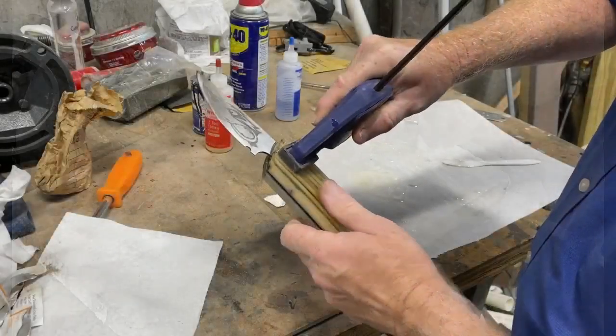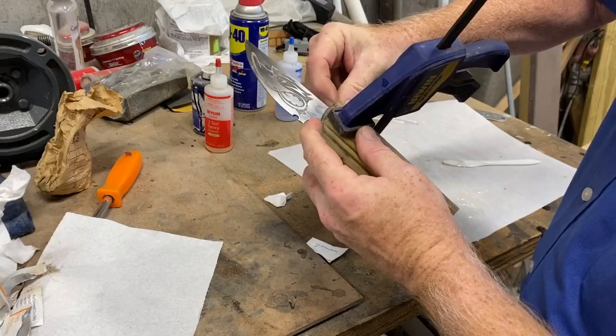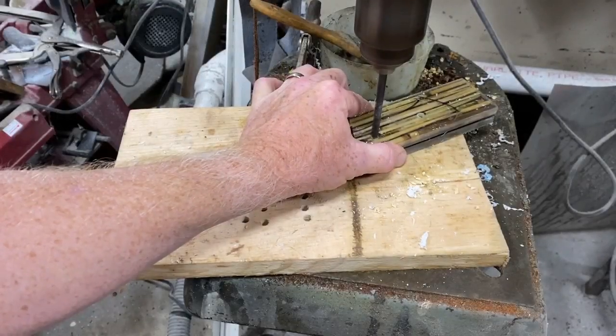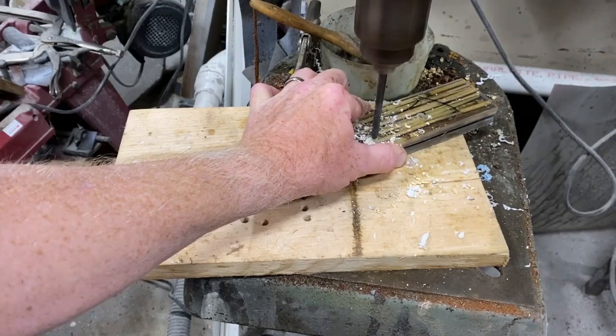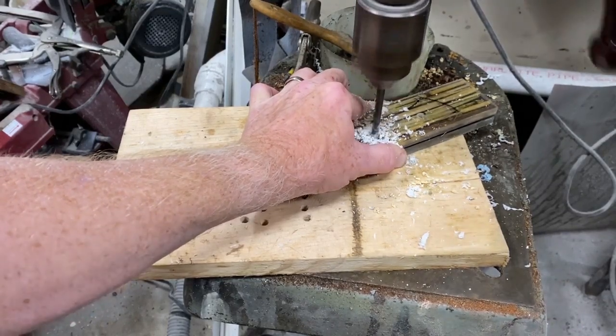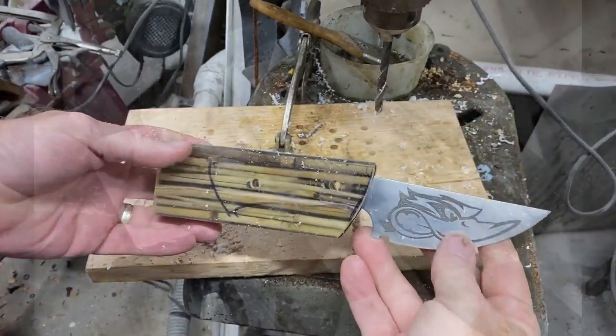Then what I'll do is I'll glue up the second side of the handles, get that front or that top edge to line up perfectly with the first side, clamp it, let it dry, and then once that's dry, I'll go back to the drill press. Again, I've got that backing board and the clamp in position, and I'll use the pre-existing holes through side number 1 as my drill guide. So in this step, that drill bit is going through all 3 pieces, both sides of the handles as well as the